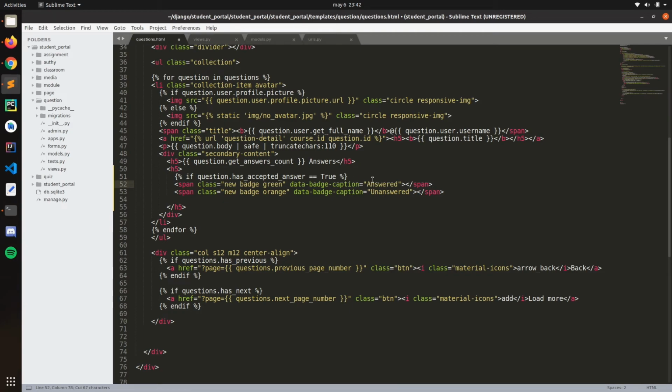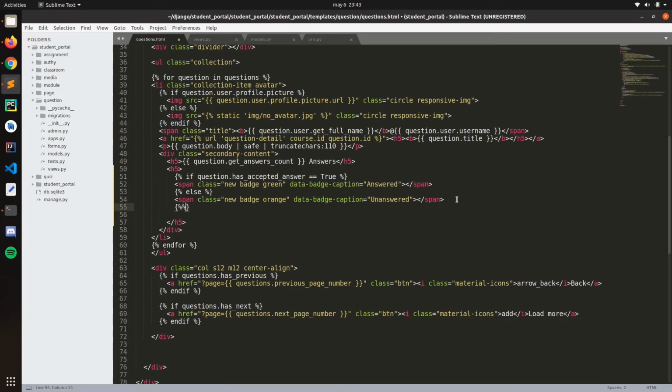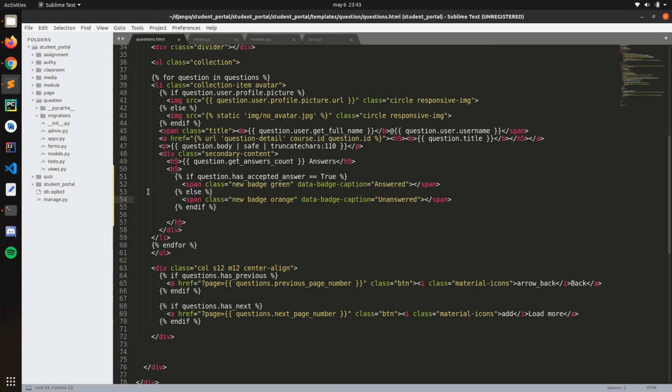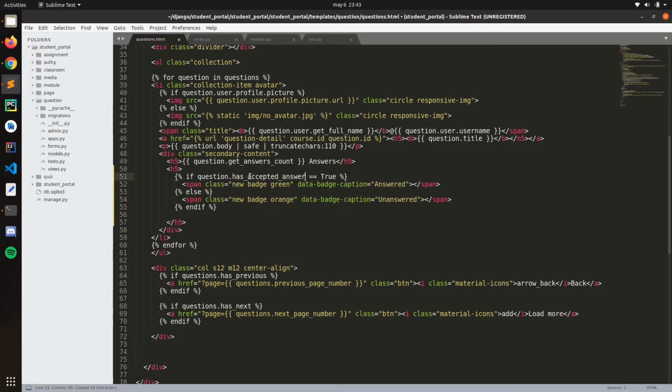If equals true, else that one. Then we can put and if here, so we can see the difference. Now we can refresh. Question has accepted answer. If question,